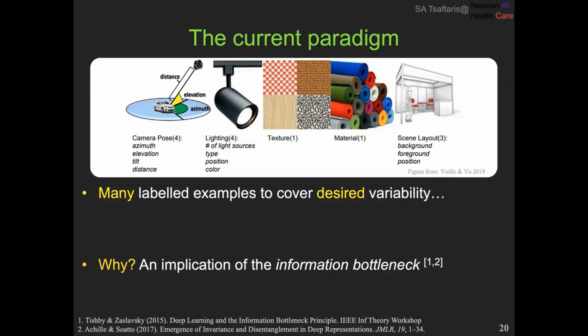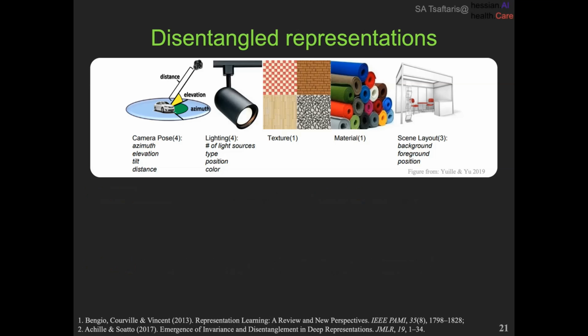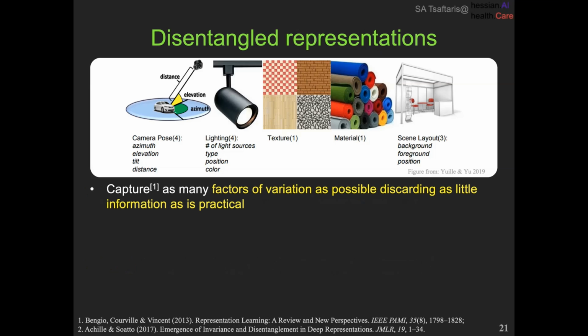And this is an implication of the information bottleneck, and why we have to do this. But disentangled representations, on the other hand, try to, given the data presented, uncover these factors of variation and capture them as best as possible, discarding as little information as is practical for the task. So ideally, what I want you to think about is that disentangled representations try to capture in their internal representation